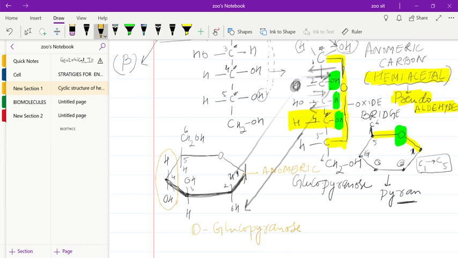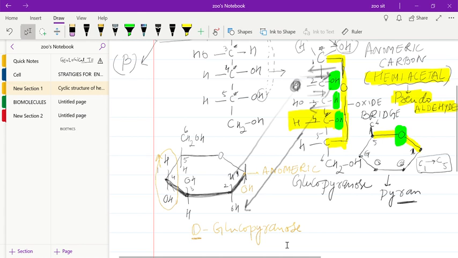Anomeric. On this anomeric carbon, we can have the OH in the plane where the OH is present on the same side as the OH which has been taken for the D and L configuration. So in carbon number 4, if the OH is present in the lower plane, it will be called D. If it is present in this plane, it will be called